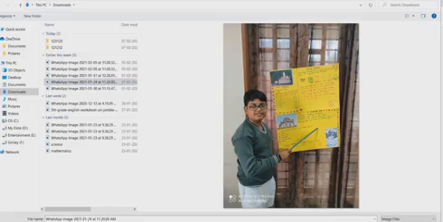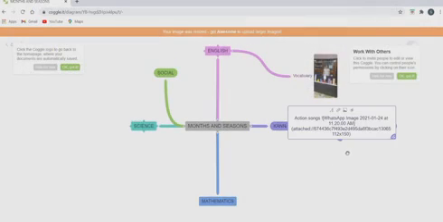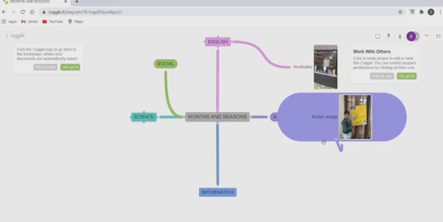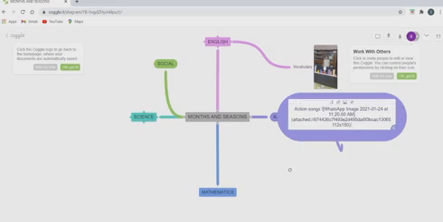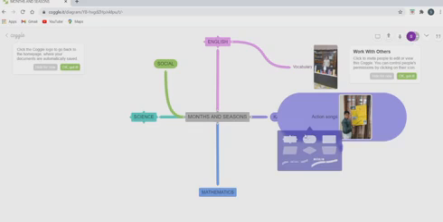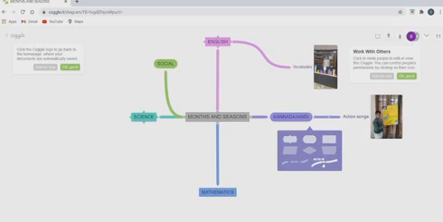Then select an image and open. It will come in the attachment form. If you don't want this box, do the right click, choose shape, then this branch symbol.